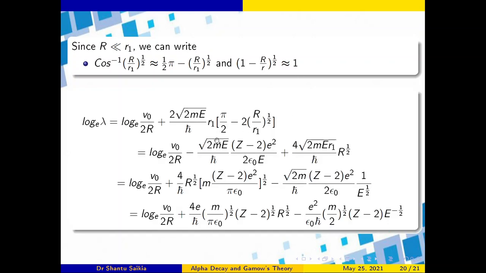So putting it back in the expression, we can write it as pi by 2 R by R1 to the power half. So putting back the values of R and R1 in terms of the